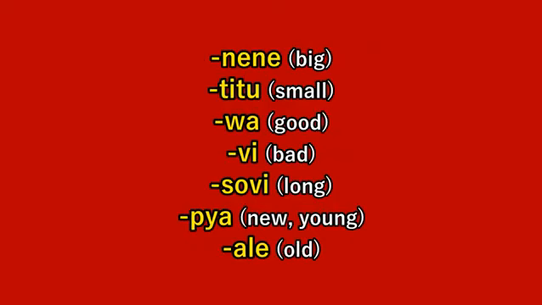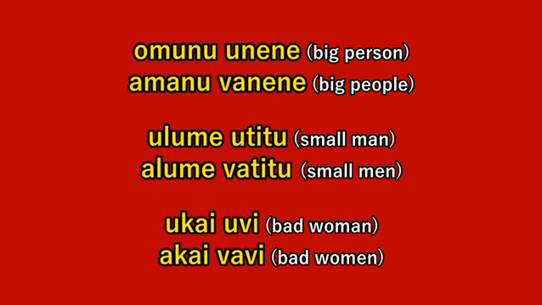Here's a few: nene, big; titu, small; wa, good; vi, bad; sovi, long; pia, young or new; and ale, old. Umunu unene, a large person; amanu vanene, large people; ulume utito, a small man; alume vatito, small men; ukai uvi, the bad or evil woman; akai vavi, the bad or evil women;